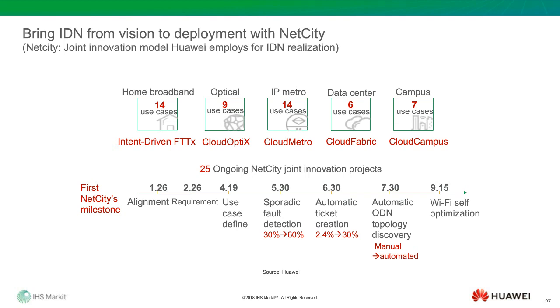And here, I'll give some numbers. I was told I won't release any customer names here, but I'll give some idea of what we are doing now. So we identify different scenarios, from intelligence-driven GPON network, FTTX, and optical network, to IP, data center, or even campus network. In each area, we work with different customers to identify what kind of business case they have.